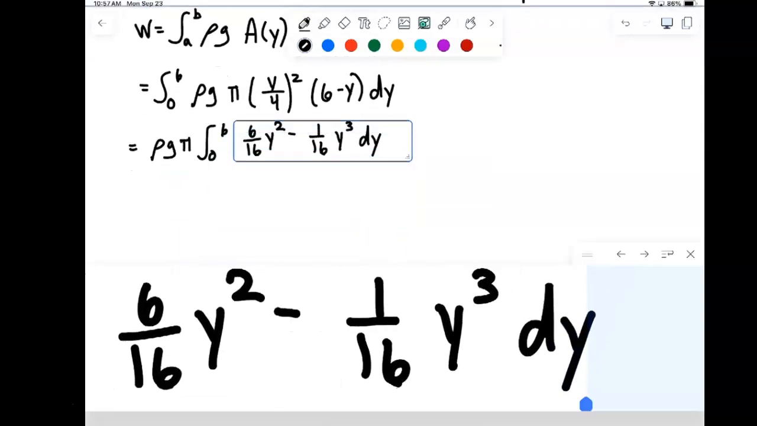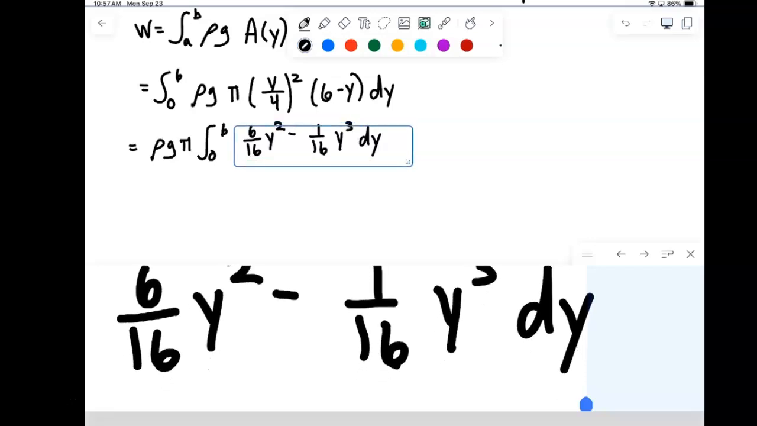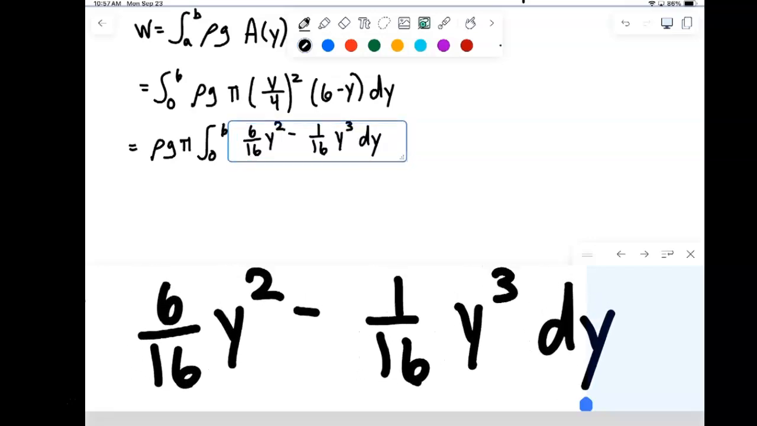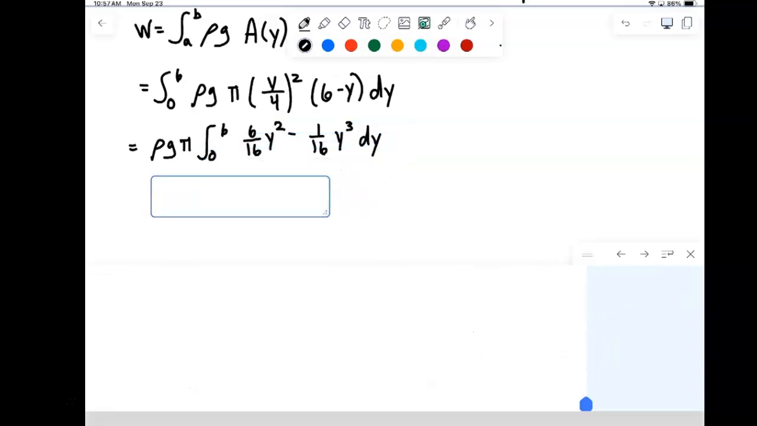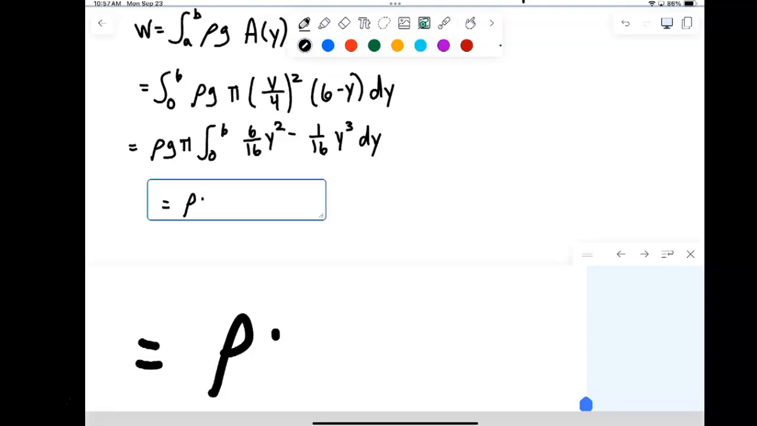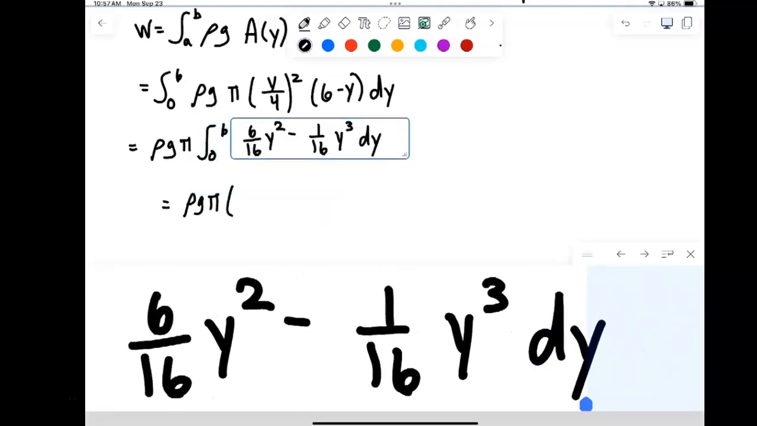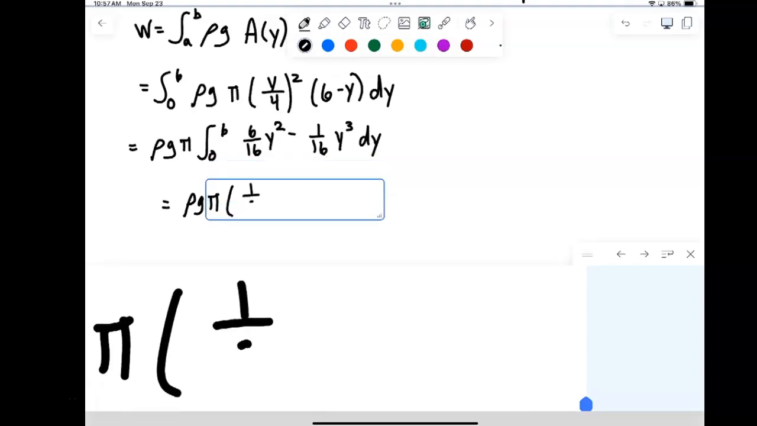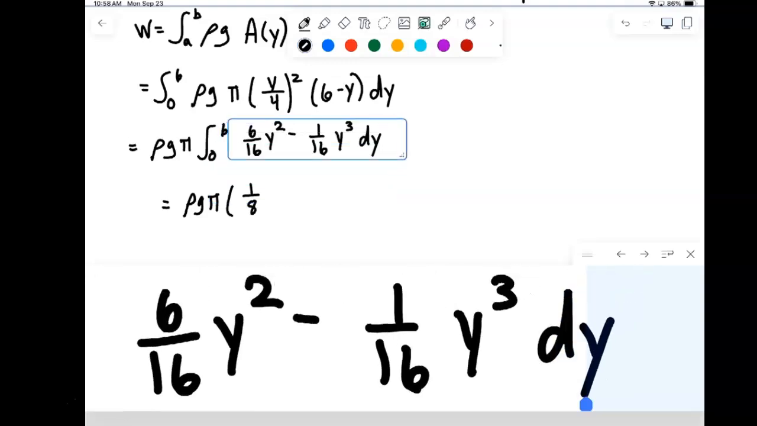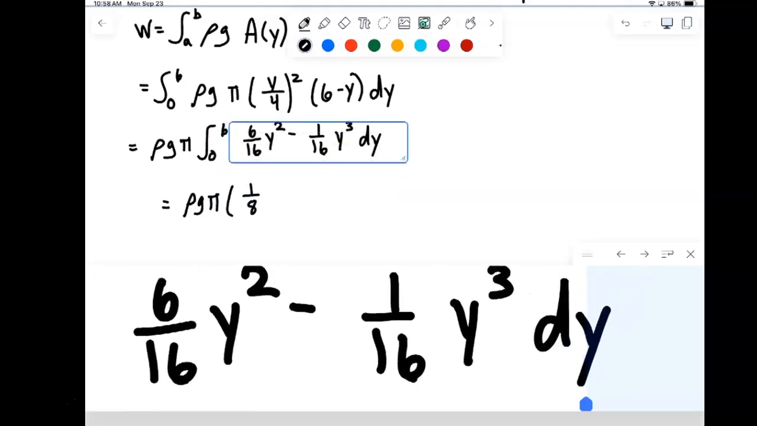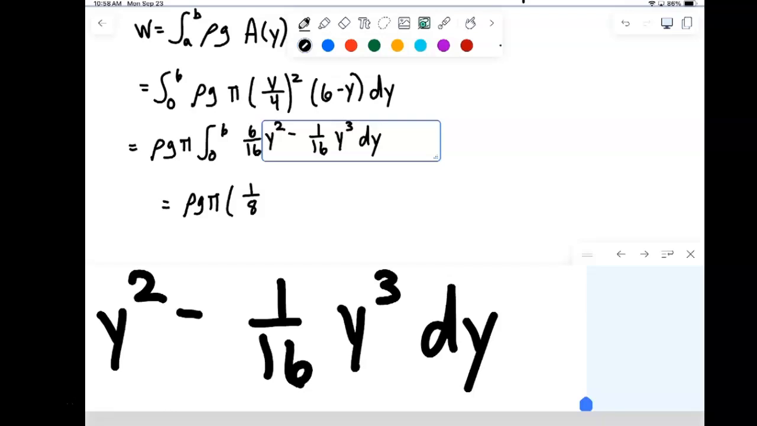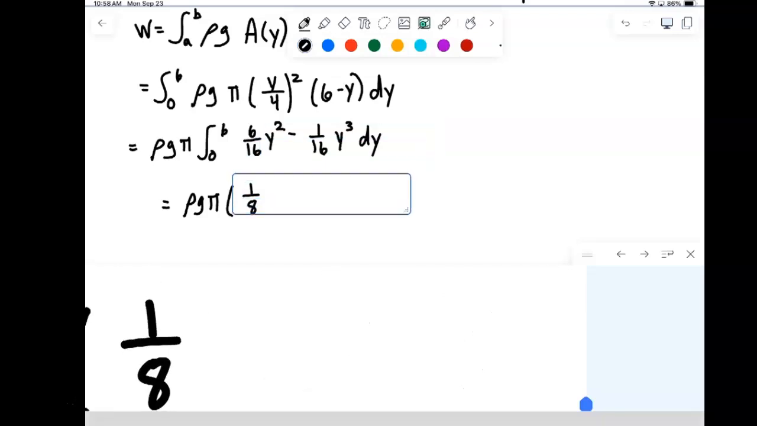So add 1 to the exponent, y squared becomes y to the third. So, of course, divide by 3. So what's going to happen when you simplify here? Rho g pi times, that's actually going to just become 1/8, because the 6 and the 16 first were reduced to be 3/8, but when you divide by the 3 for the y cubed, the 3 cancels out. So we have 1/8 y cubed,